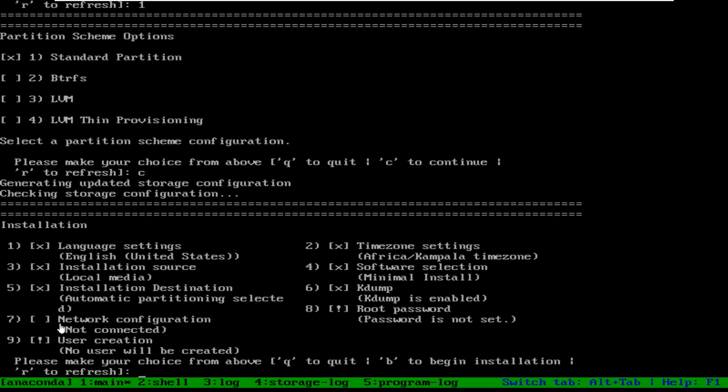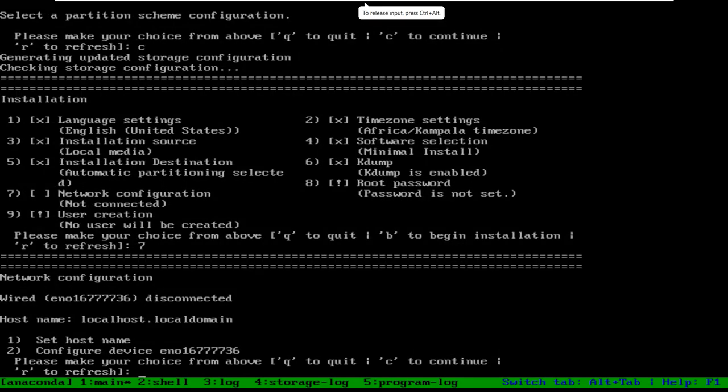Or in case you want to configure manually, you can go for 7. Let me show you the 7 also. When you select 7, it says it detects that your wired connection is connected. This is your interface name, and this is right now disconnected, and this is the host name, your machine name, and this is the default name.